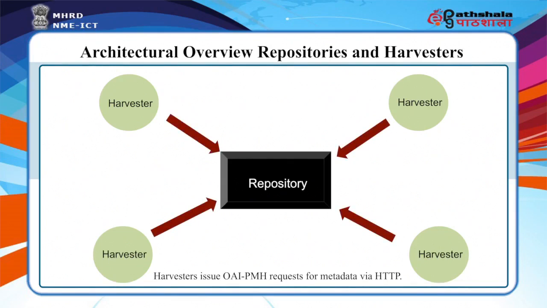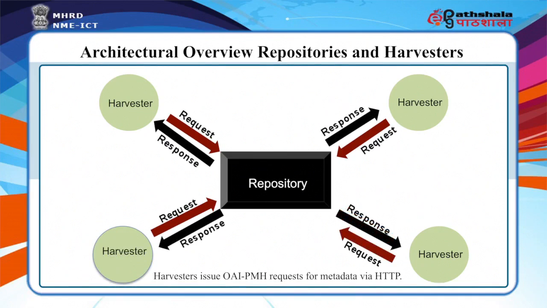The harvester sends a request to the repository using OAI-PMH, requesting the metadata via HTTP, then the repository replies with the responses to the harvester, and the data is displayed. So OAI-PMH is a protocol used for data exchange, for harvesting metadata from the repositories. The other protocol